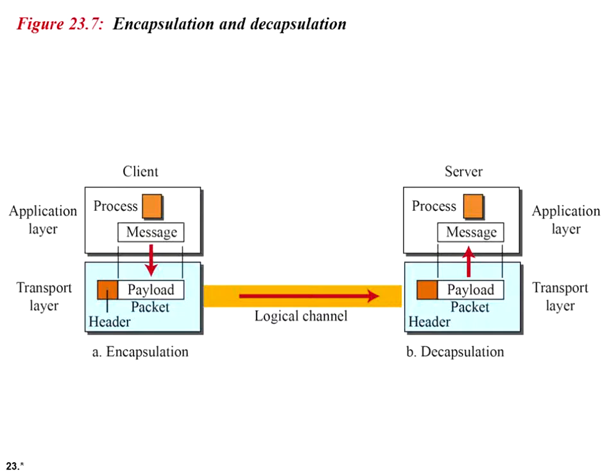Now this figure shows encapsulation and decapsulation. We know that to send a message from one process to another, the transport layer protocol encapsulates and decapsulates the messages. So encapsulation happens at the sender side. When a process has a message to send, it passes the message to the transport layer along with a pair